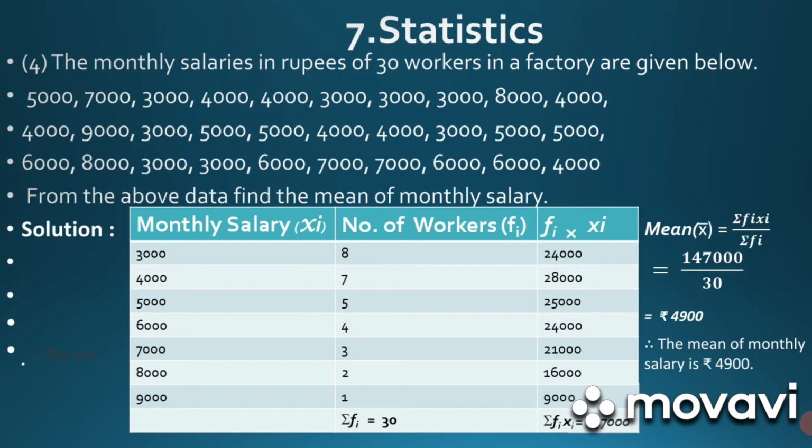product is 9,000. The sum of all frequencies, that is sigma Fi, is equal to 30, and the sum of the product of the frequency, that is Fi, into the monthly salary, that is Xi, is equal to 1,47,000. Therefore, the mean X bar is equal to sigma Fi Xi upon sigma Fi, which is equal to 1,47,000 divided by 30, which is equal to rupees 4,900. Therefore, the mean of monthly salary is rupees